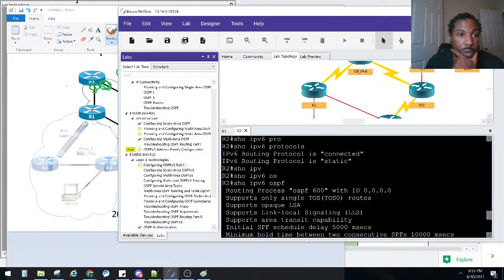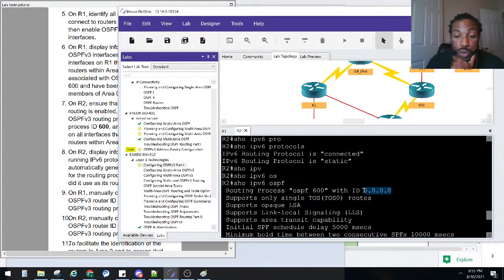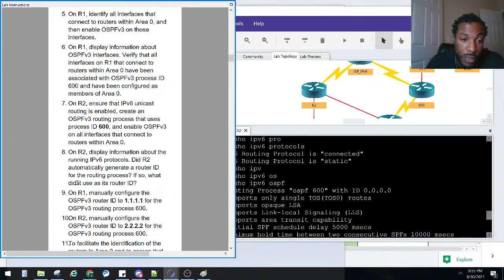Anyway, what was the next step? This is probably what they want us to do right here. Did router 2 automatically generate a router ID for the routing process? If so, what did it use as its router ID? It did not. Actually it did, but it said 0.0.0.0. I don't think you use that as a router ID, but that's what its router ID is right now. It's not going to be really unique. So if somebody else runs into this problem,